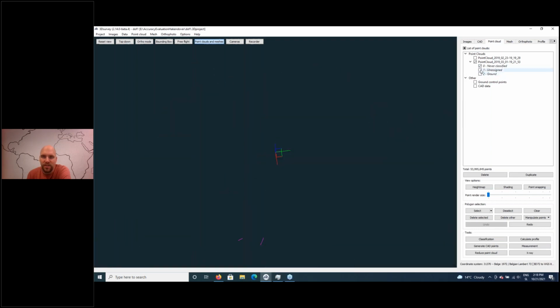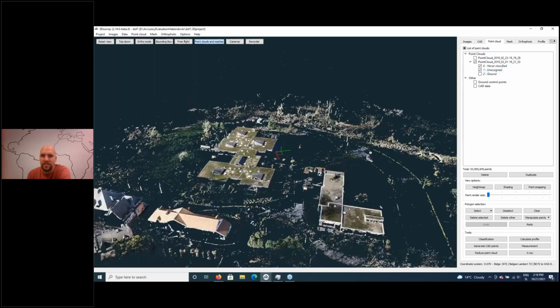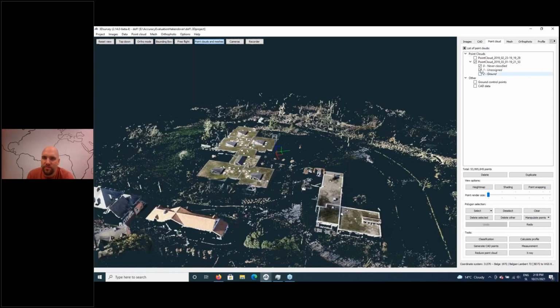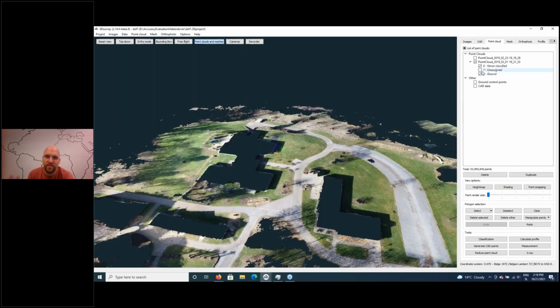And we can choose now here what we want to display. So we can display the above ground points or ground points. So this is for starters. We also plan on improving this classification to also classify the points on buildings, high vegetation, low vegetation, and this